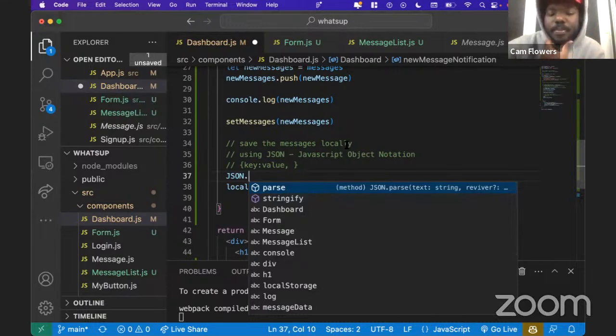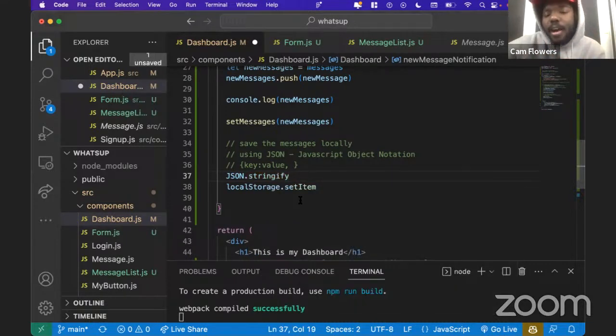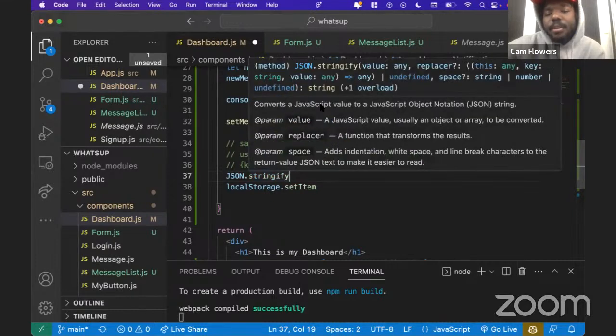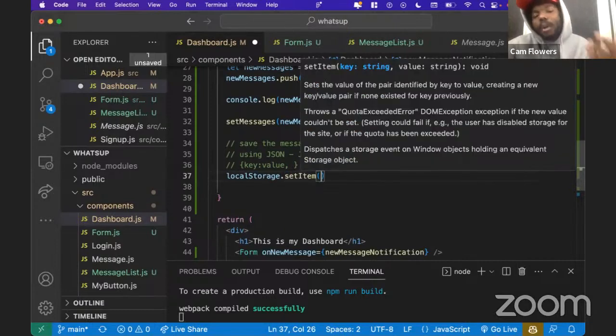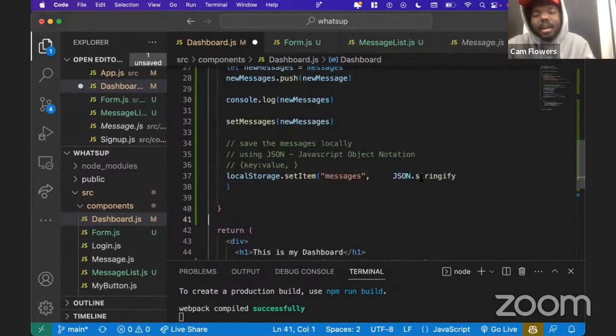which include a number of different functions that we can commonly use to support us working with JSON. So one of them that clearly we might want to use is this stringify function, which converts a JavaScript value to a JavaScript Object Notation string. So it takes any JavaScript value, usually an object or an array, and turns it into a string. So we can use this function as a part of our equation for setItem, right? setItem takes in a key that is going to represent the data we're saving. So the key I'm going to use right now, let's just say messages. And then the value we're going to have to pass is